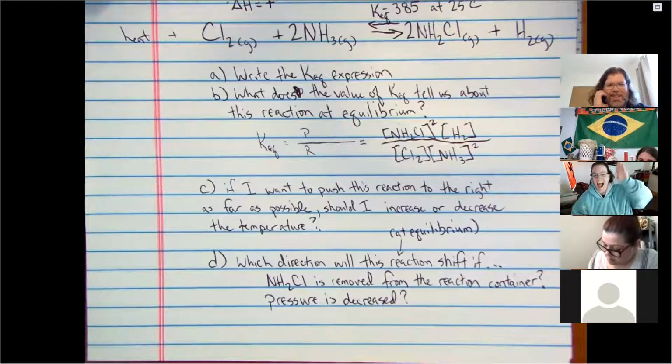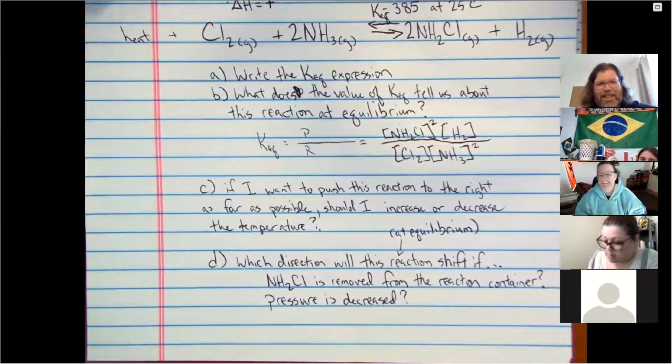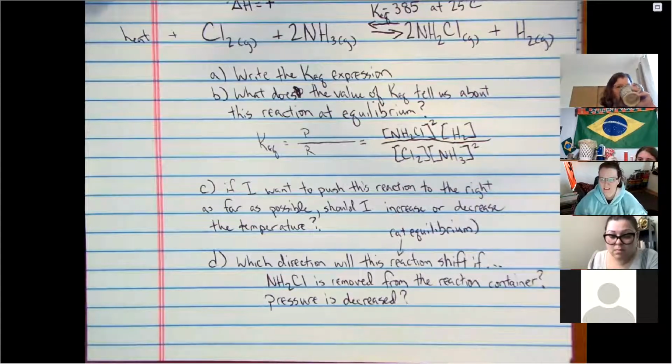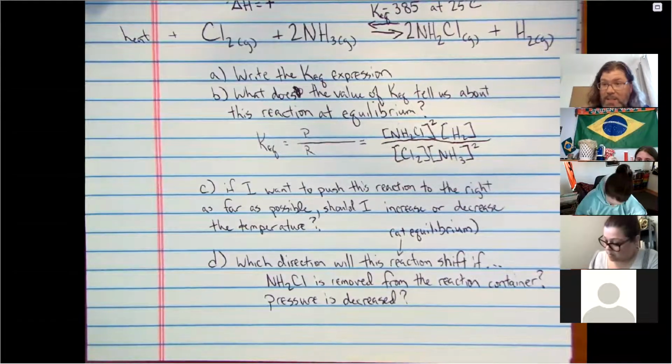No, it's going to shift to the left if the pressure is decreased, right, because of Le Chatelier's principle. If the pressure is decreased, then the reaction itself is going to try and increase it. If the reaction is going to try and increase the pressure, which I completely agree with, that is the statement of Le Chatelier's principle for this reaction. If we decrease the pressure, the reaction will respond to that perturbation, that disturbance, by trying to do the opposite, trying to increase the pressure.